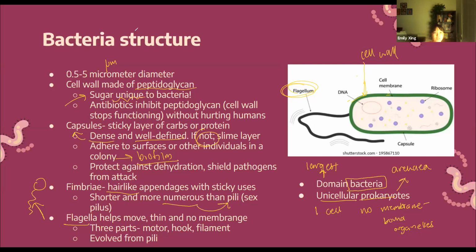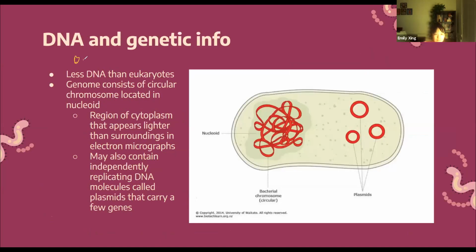Okay, so the genetic material of bacteria. Because bacteria's size and complexity is the main thing, it's less than that of eukaryotes. It's going to have less DNA. So that means that there's less proteins to code for and less things that it needs to keep it going,